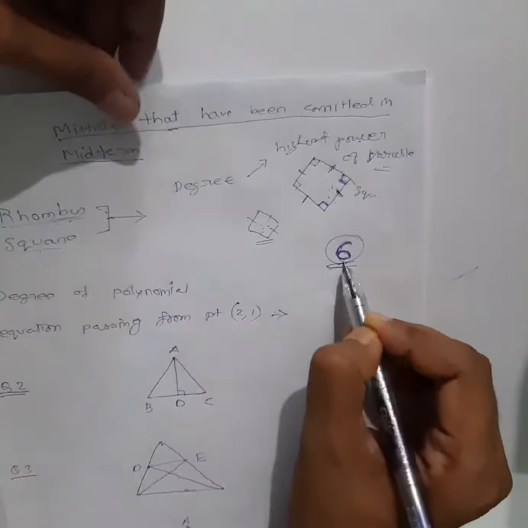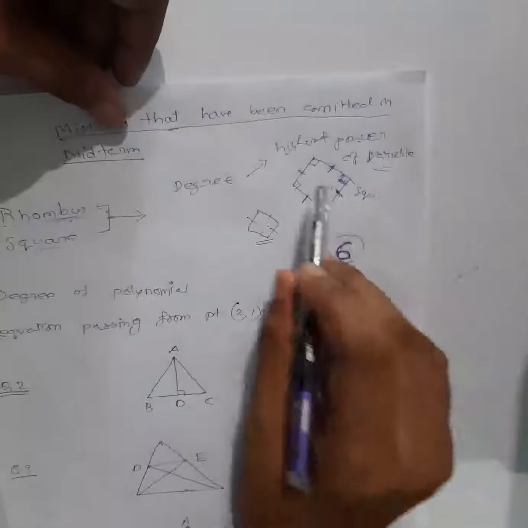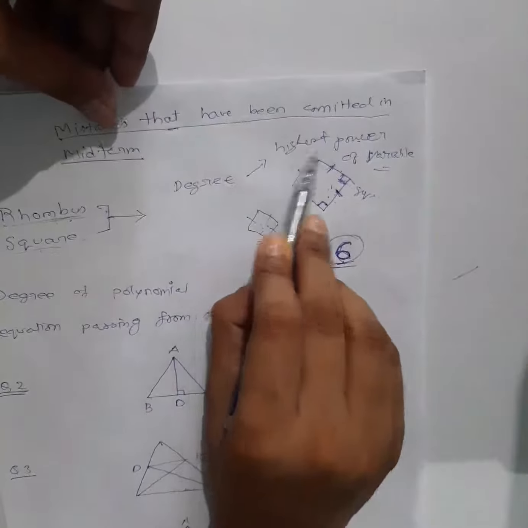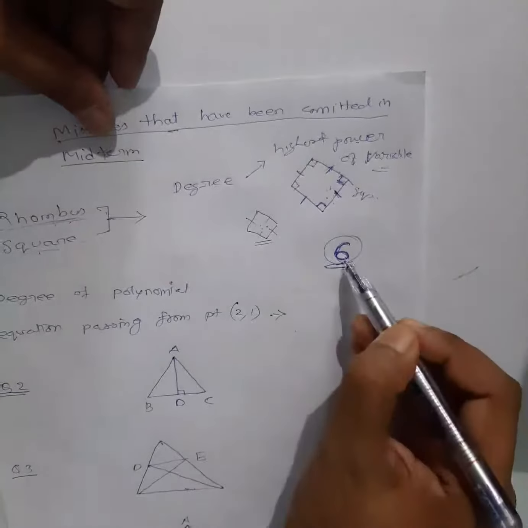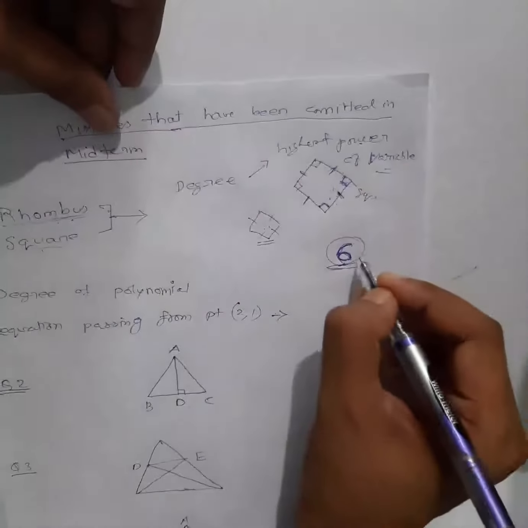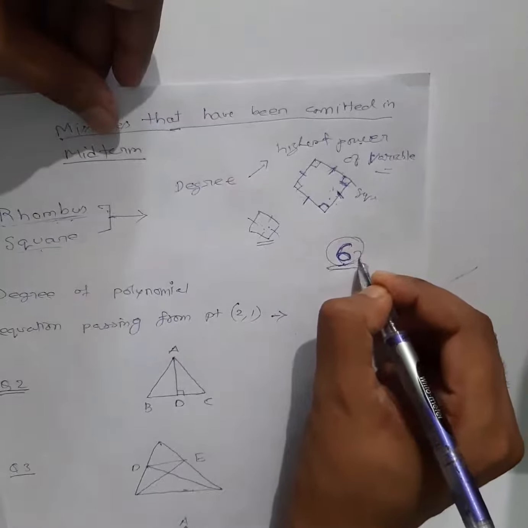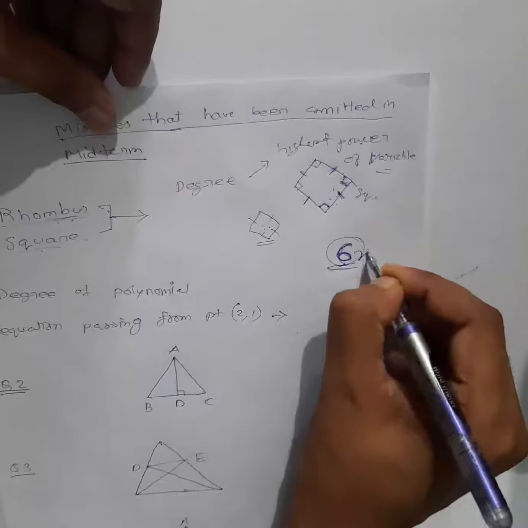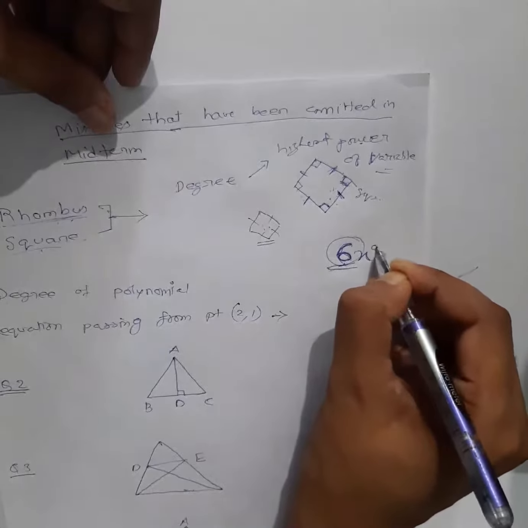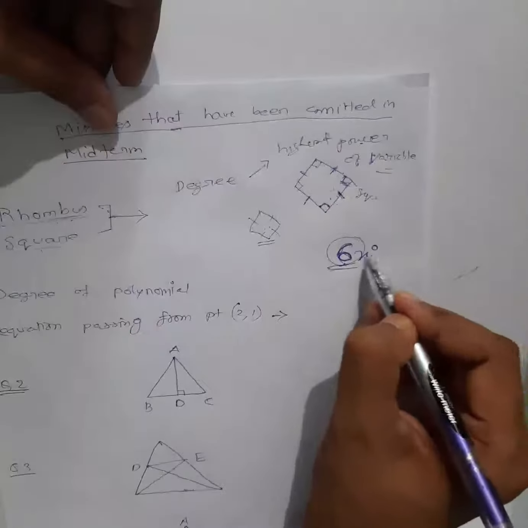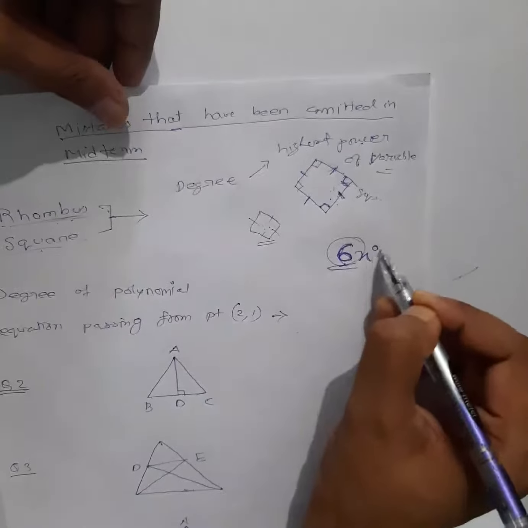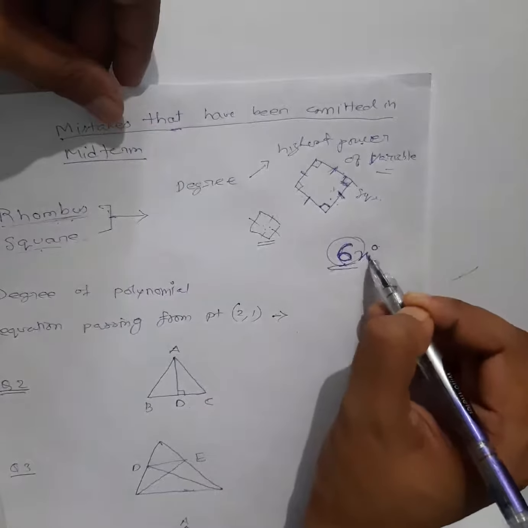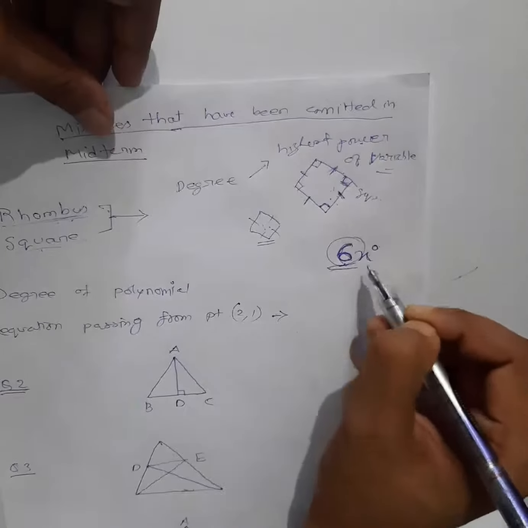But when I have to check degree, you need to have a variable, because you can check degree only as the highest power of a variable. So what is the variable here? I have shown you this many times. Can I introduce a variable here? Of course, here I can write 6 into x to the power 0. X to the power 0 is what? Anything to the power 0 is always 1. The value is always 1, right?